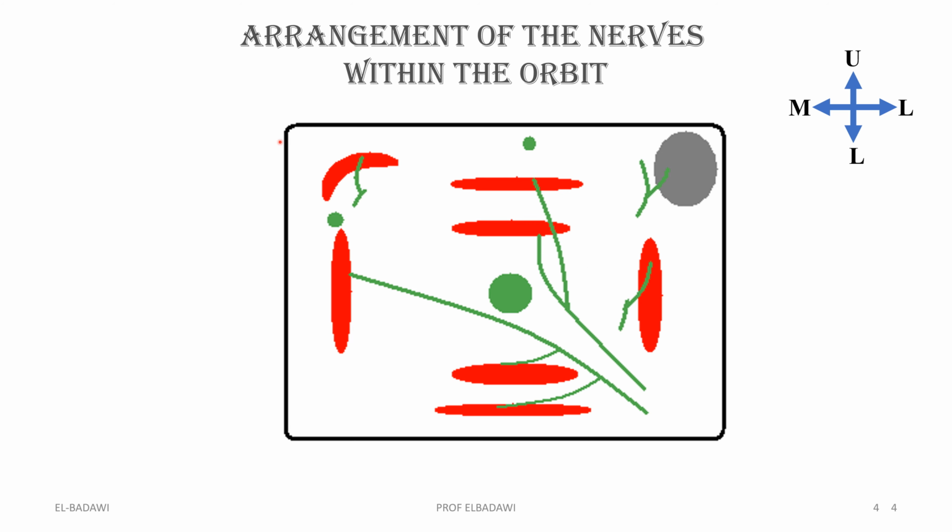So that is a diagram showing the orbital cavity, the lateral side with the lacrimal gland. This is the medial side. Superior oblique will be on the upper medial angle, and then the upper part and the lower part of the orbital cavity. What we can see here is the lacrimal nerve supplying the lacrimal gland, the abducent nerve supplying the